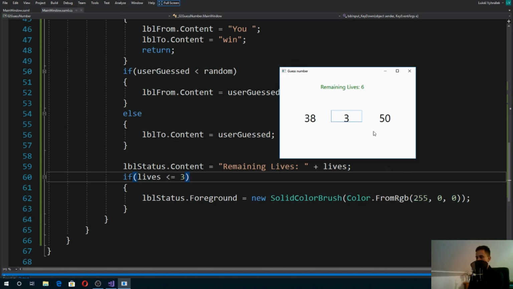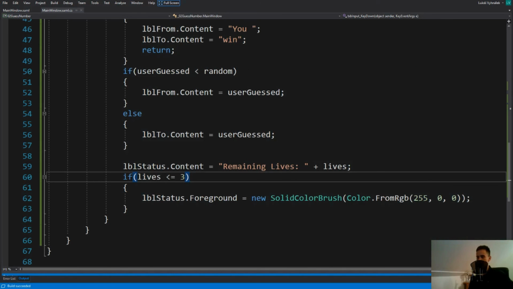And let's make this one, for example, 45. Yeah, 48. Okay, so I'm getting closer. And 47, and I won, right? So the random number was actually 47, and I didn't figure out whether the lives changed, whether this color changed. So I will close the app and run it again,